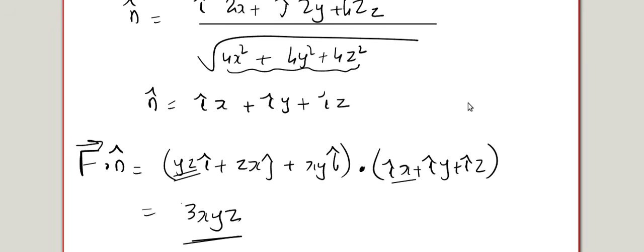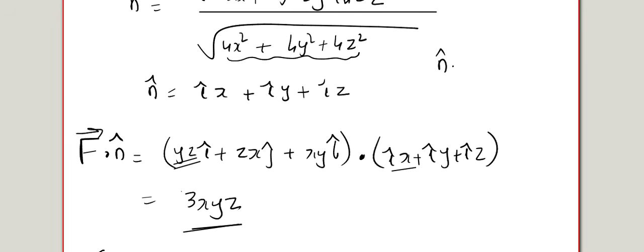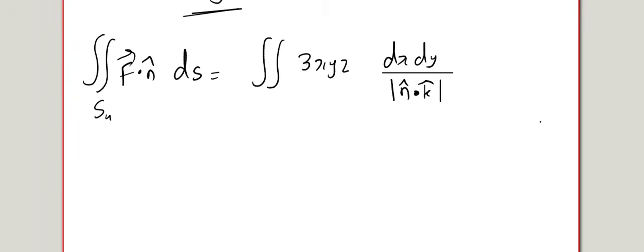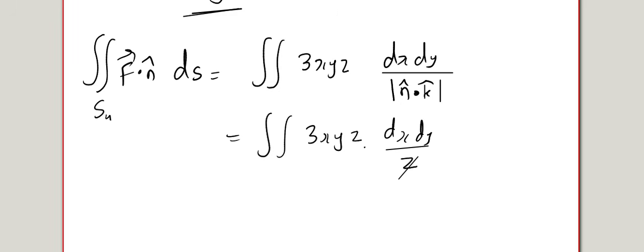And what is n dot k? N is here. N dot k will be ix plus jy, oh this is j and this is k, plus kz dot k, and that will give us z. So we get double integral 3xyz dx dy by z. Okay, now you have to look at the projection. The projection of the curved surface is nothing but our